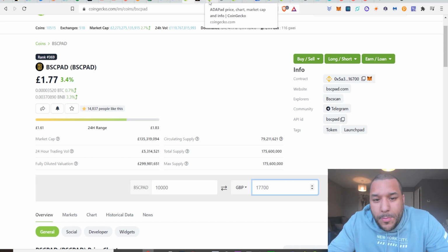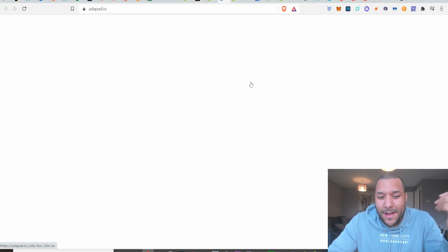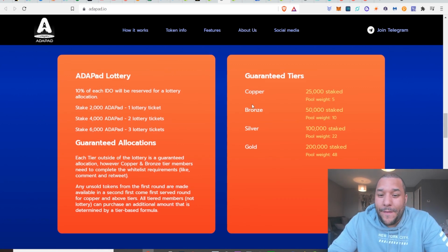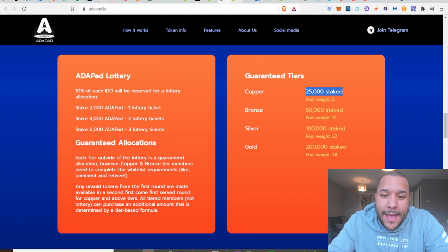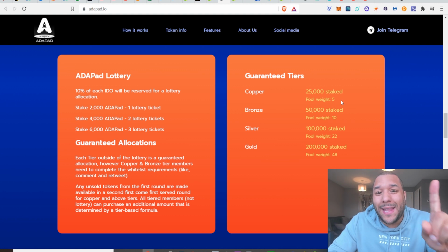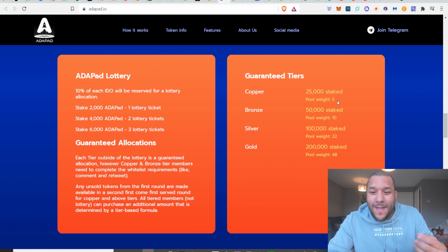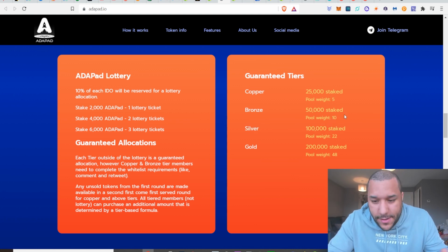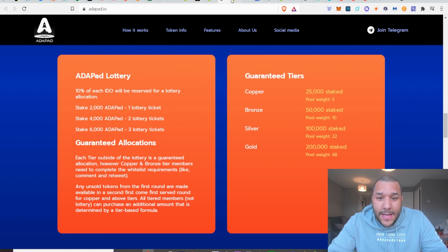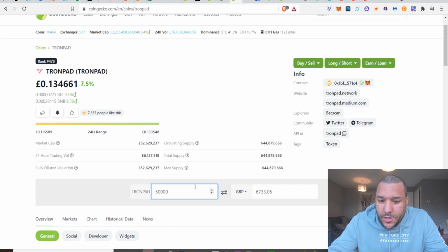So even though it's launching on the BSC pad, the ADA pads, I'm going to show you. I've got to keep it real. Ethereum, you saw the price. If you want to get in, you need 25,000 coins and they need to be staked on the Ethereum. They give you a pool weight, meaning you can only invest a certain amount of money once you've already got the tokens into the projects. They give you a pool weight of 5. If you want a pool weight of 10, because that's sort of like the standard, then you're looking at 50,000. Well, 50,000 is going to cost you what? 50,000 tokens will cost you...